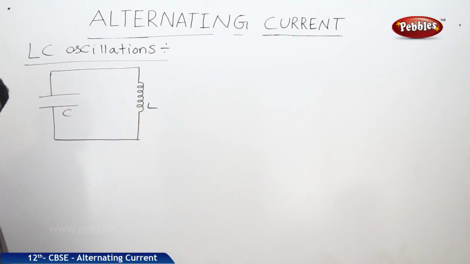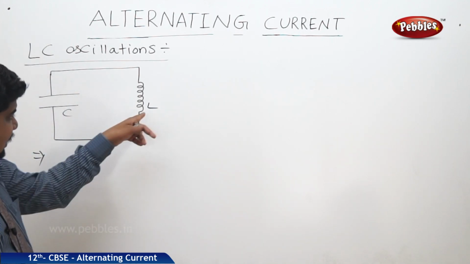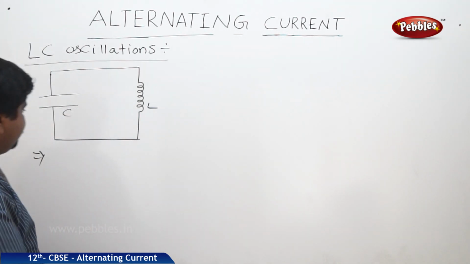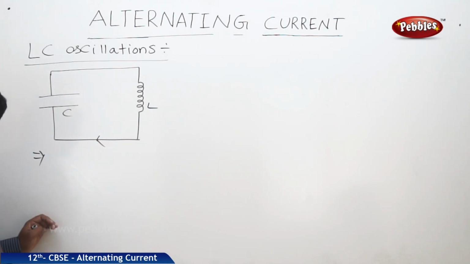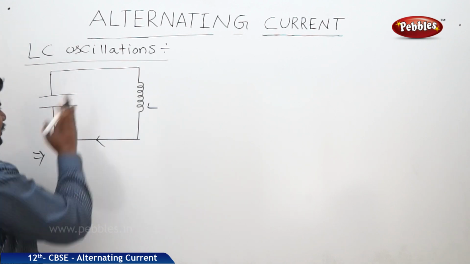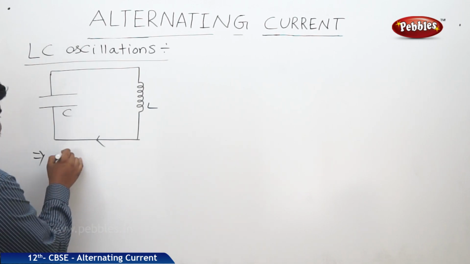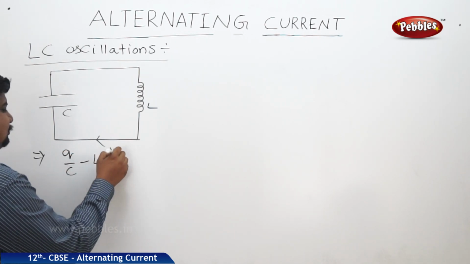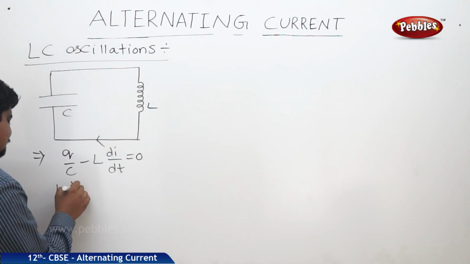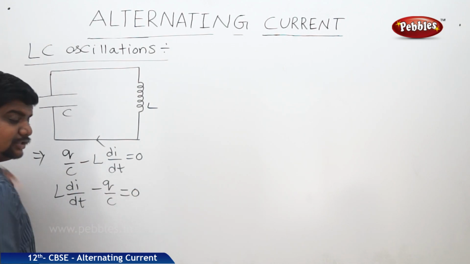When these two are connected together, the voltage equation is L di/dt minus Q by C equals 0. But whenever an AC source is connected to the capacitor, the capacitor first charges. It stores the charge, and the excess charge passes to the inductor. So what we are saying is Q by C minus L di/dt equals 0. As the phase reverses, the equation will change like this, equals 0.